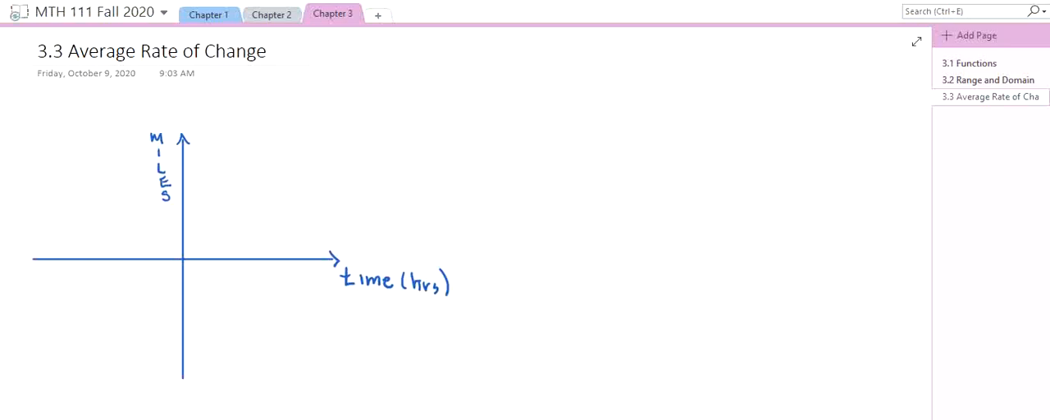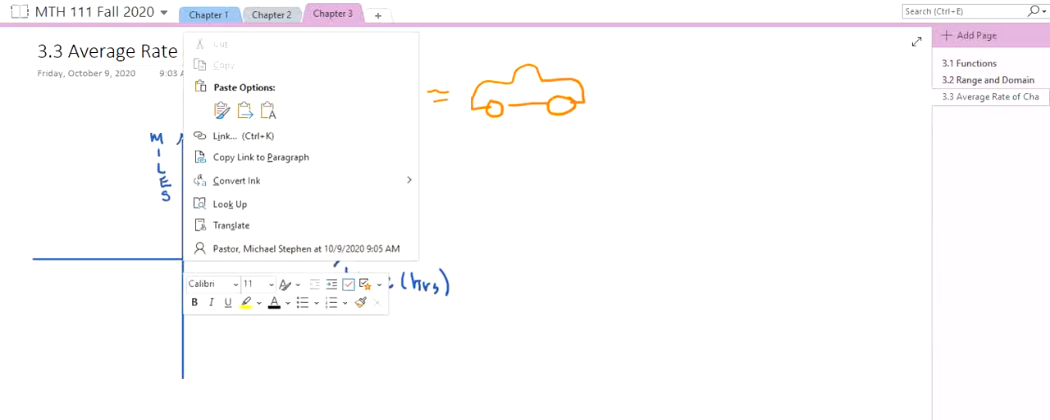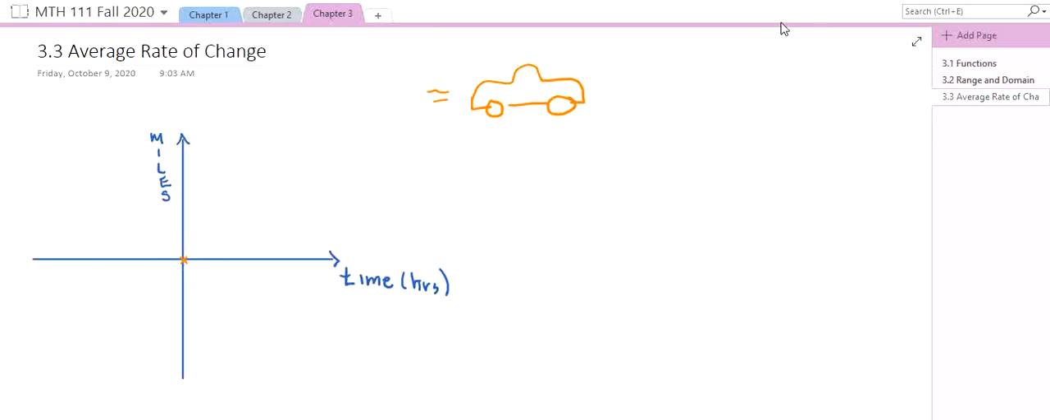Okay, let's say you are driving your car. Here's a car. I have a little picture here. You start out at time 0. You haven't gone any distance. So in a Cartesian plot here where the x-axis is time, the y-axis is miles, you haven't gone any distance